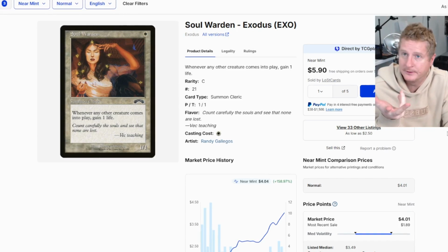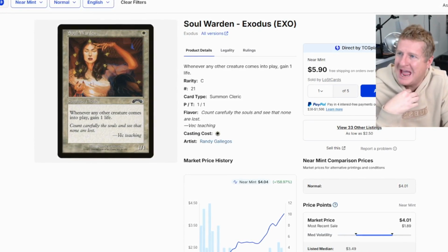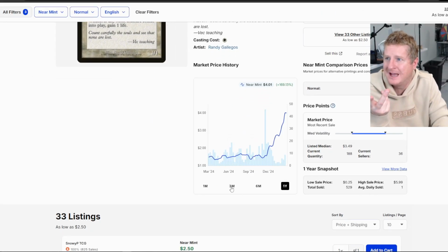They were really scarce though. It was like one in 6 to 10 packs had a foil. Back in the day, back in Urza's Legacy, Urza's Destiny times. This is interesting to see. Exodus. Who just bought up a bunch of...